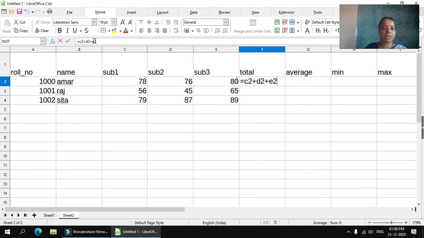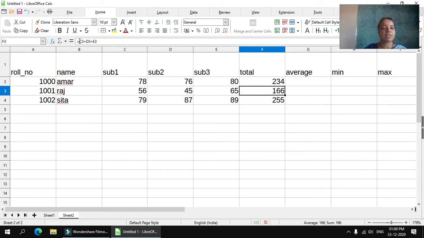Just the formula has appeared here. When you press the enter key, you can see the total marks here and the formula you can see on the formula bar. Now I want to calculate the second student's marks. So for that, it is not necessary to write the formula again here. Okay, just click and drag it.